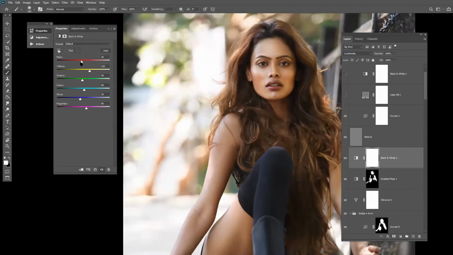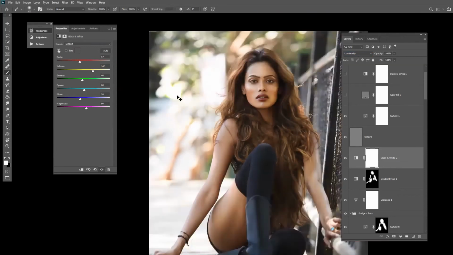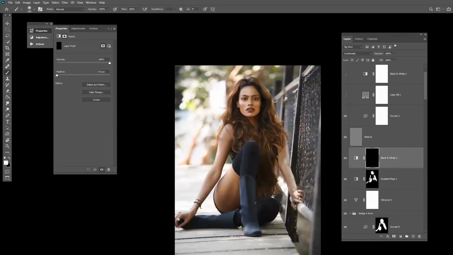You can do the adjustment part from here only. Mask it out and work on the face that you want.